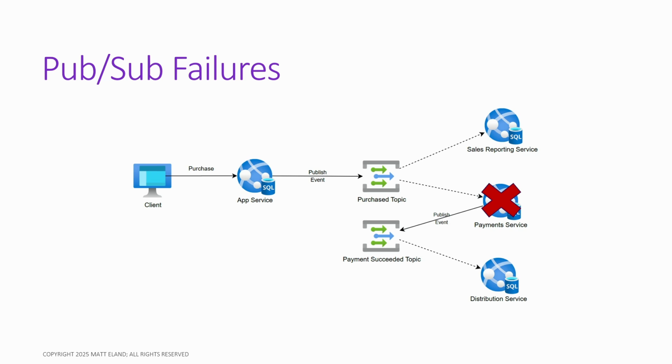That way, if I have an application that has an issue, such as something not being able to pull from its queue, well, that's okay. The message is still in the queue. When that service comes back online, it's going to say, okay, what did I miss? It's going to be right there in the queue for it, and it's going to be able to pull and handle that. The nice thing that queues give you as well, in addition to this fault tolerance, is